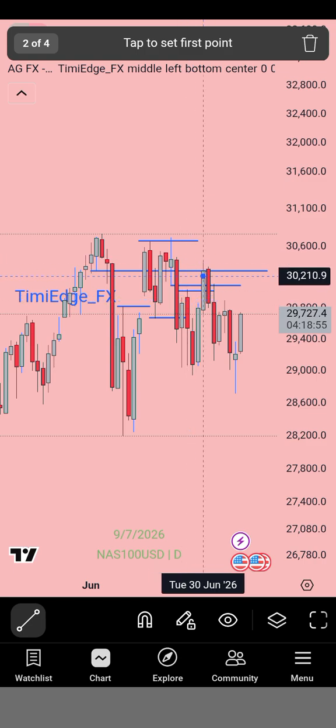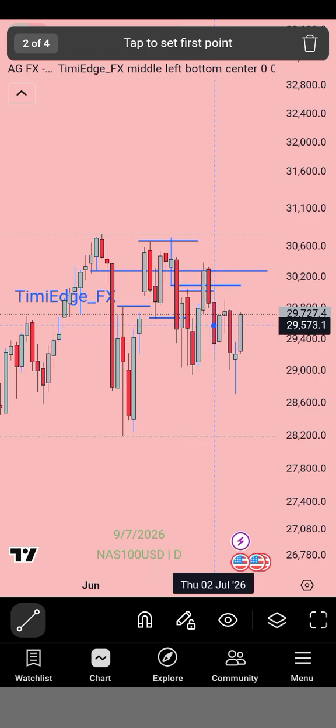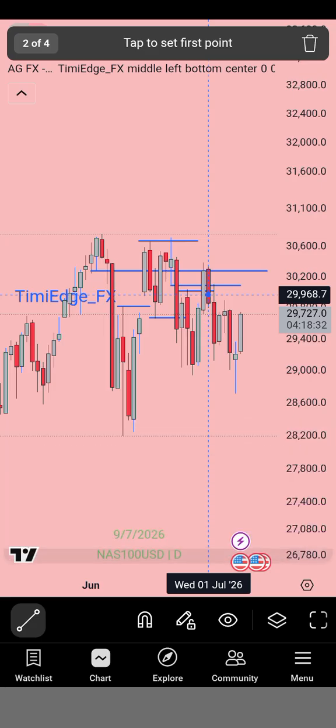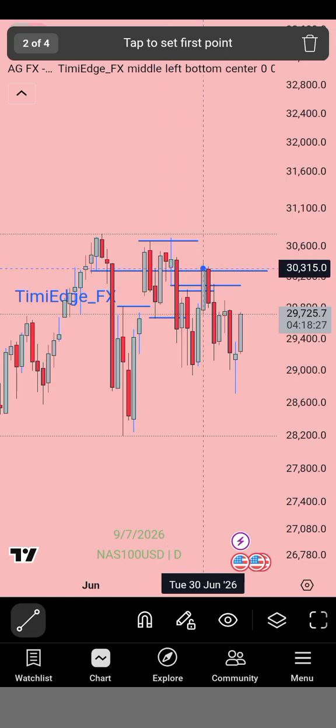Then price came here and then displaced lower here, right? So after price displaces lower here, what is the next thing we are expecting? And then the next day here, I saw price pulling back, right? After price pulled back, I asked myself, where is the dealing range? Where is the extreme that price is going to go to before likely beginning the sell? The thing is, you don't have to get the exact point, but you just have to note your dealing range. So what I noticed was that this is my dealing range from here,